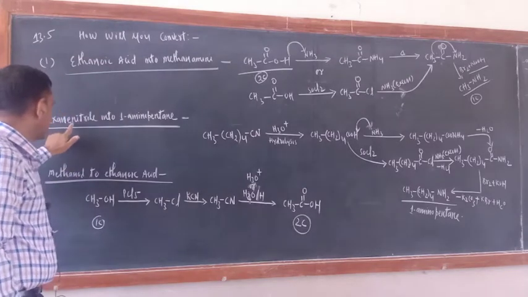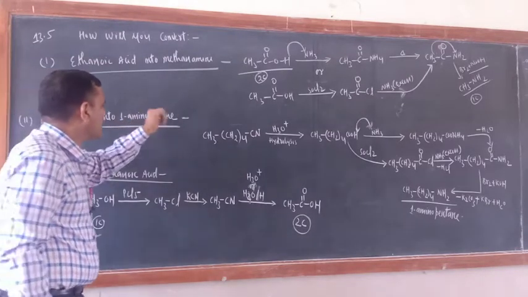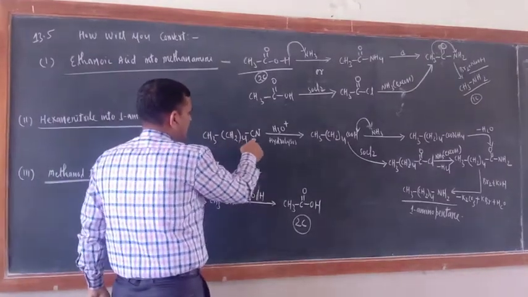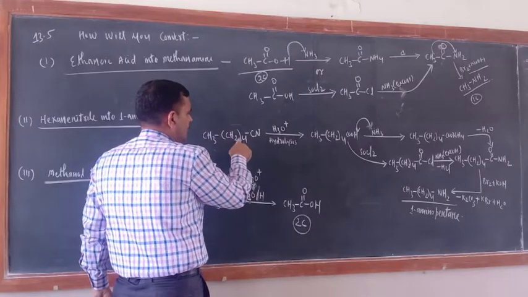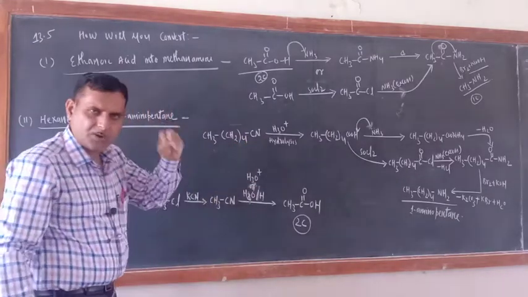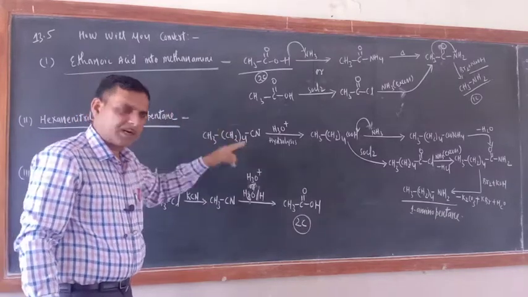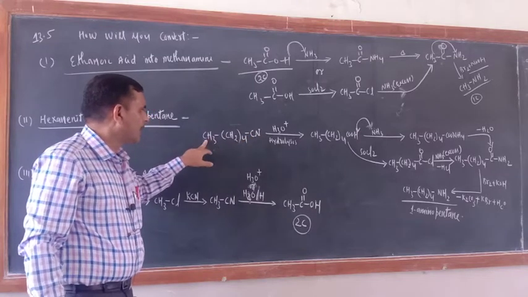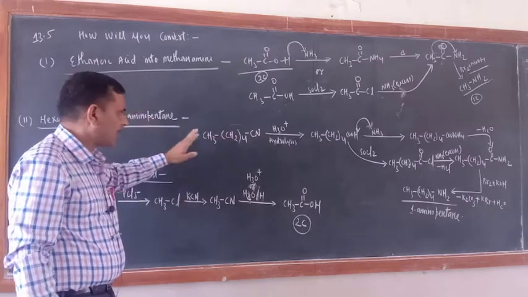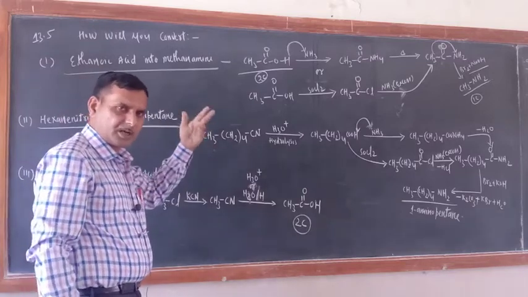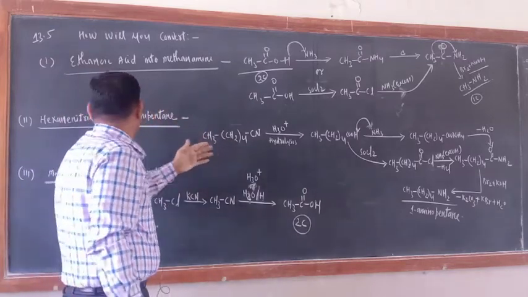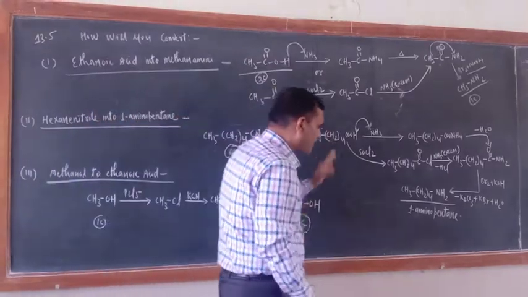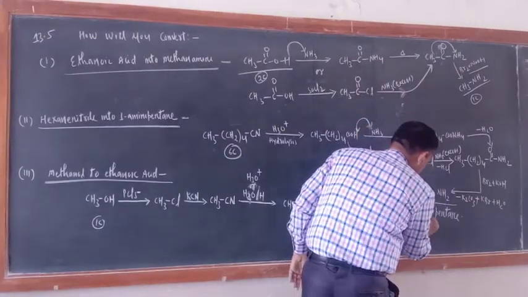Now the next one is hexane nitrile into 1-amino pentane. Okay, hexane nitrile. What is the formula of hexane nitrile? Just see. CH3(CH2)4CN. Rather than writing CH2 4 times, it is better to write CH2 whole 4. Okay. So 1 carbon atom, 4 carbon atoms, and this one. So total 6 carbon atoms are there or not? In the IUPAC system, cyanide is known as nitrile. So this is hexane nitrile. What is the total number of carbon atoms? 6 carbon atoms. And the product which is formed contains 5 carbon atoms.